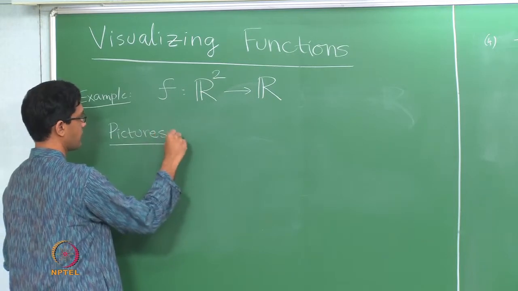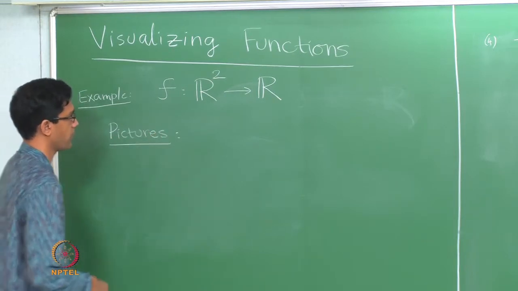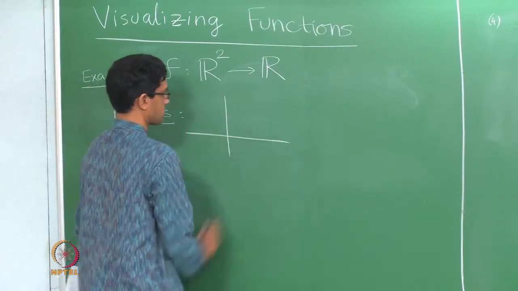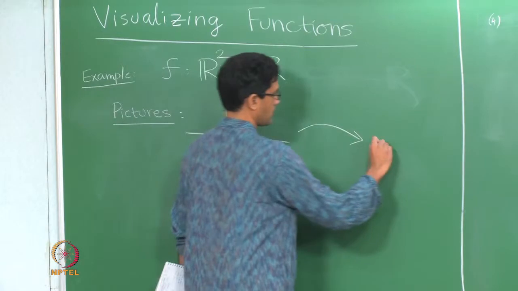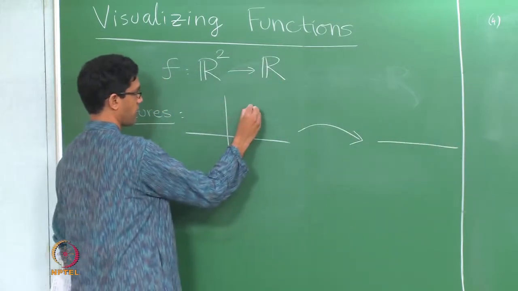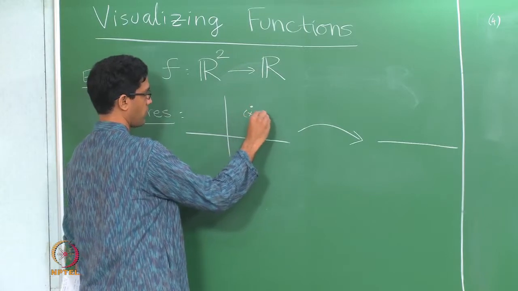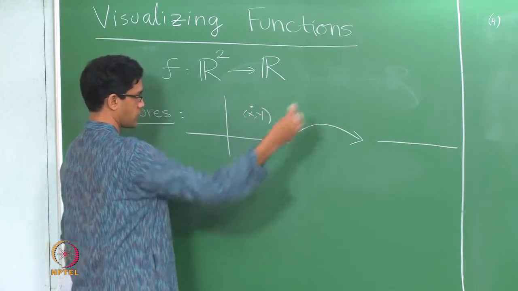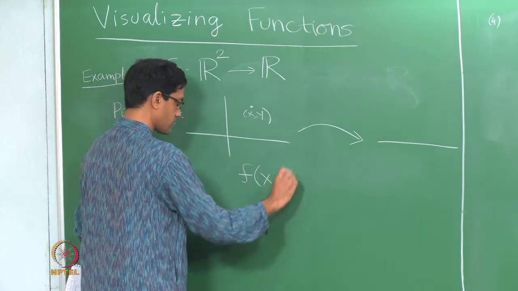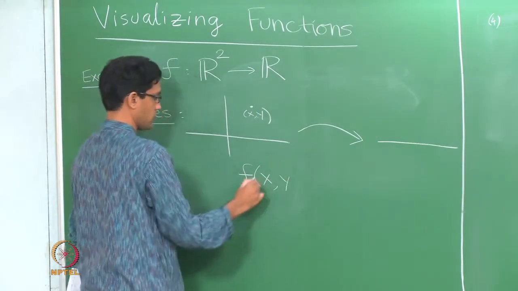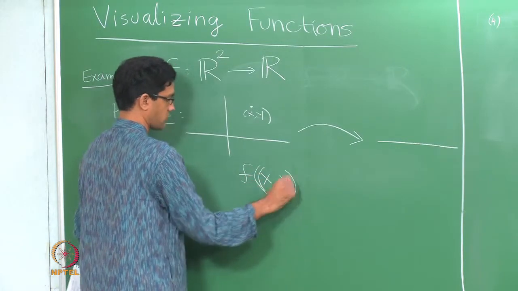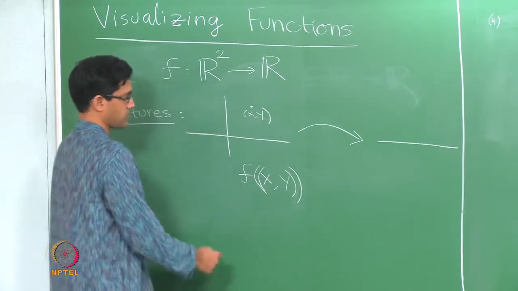So there are actually two different ways of understanding functions which go from R2 to R. So firstly, R2, remember, is just the plane, R is just the real line, and a function therefore does the following: it associates to each point (x, y) on the plane some real number. So you would often want to say, if I say this function f acts on a point on the plane and gives me some real number.